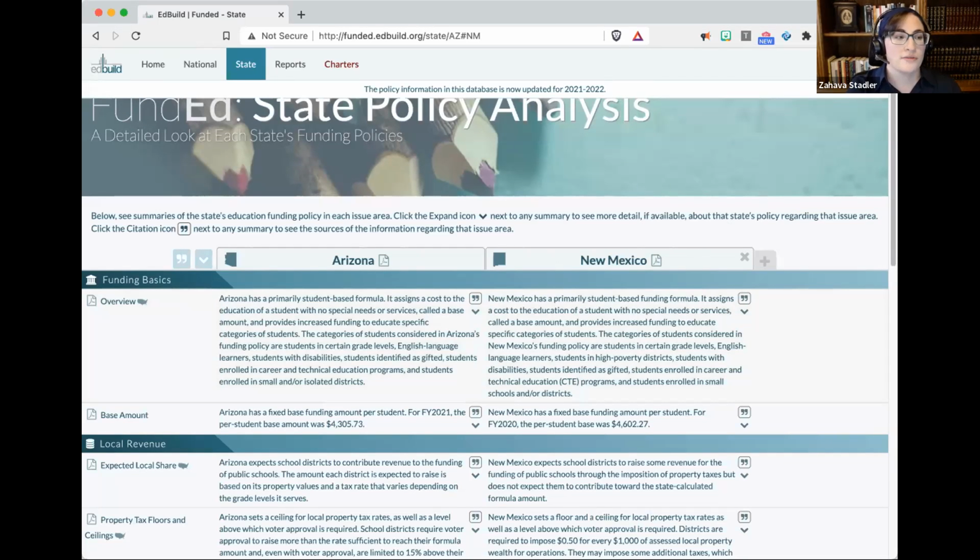Okay, so I've just shown you the basics of the national page and the state page. And what I'd love to do now is ask all of you to go there and spend some time answering a question. So I'm going to chat the homepage link for FundEd right here.